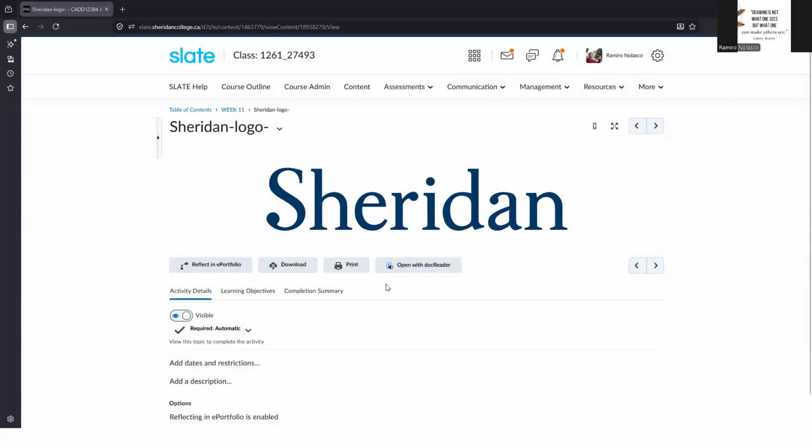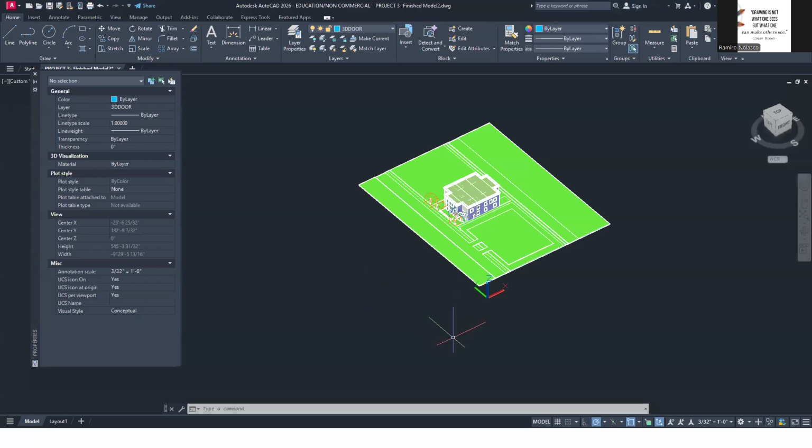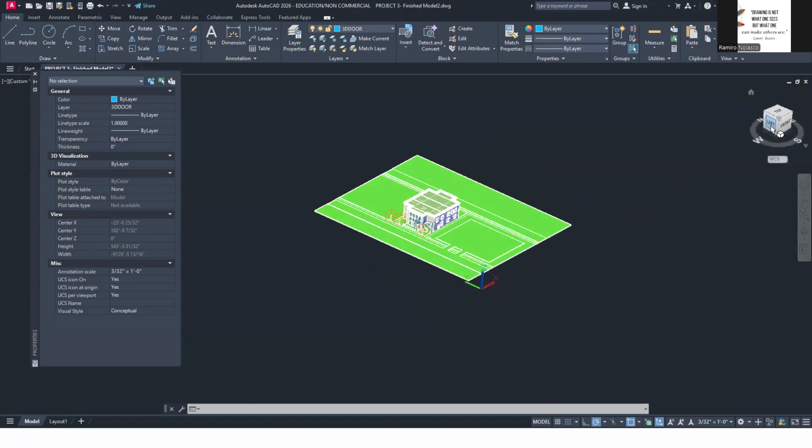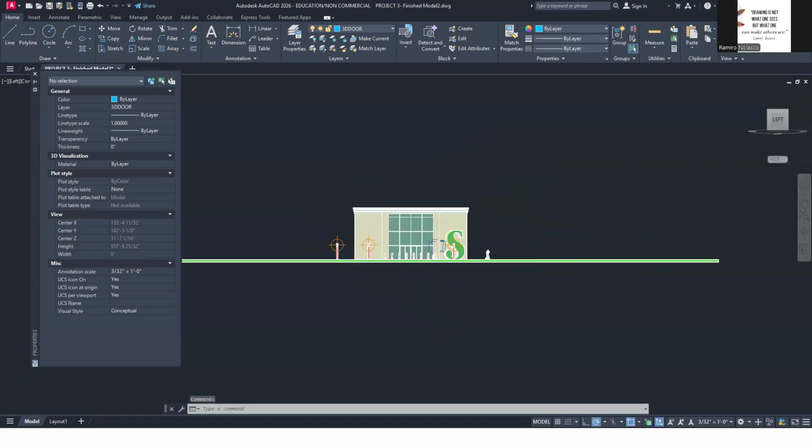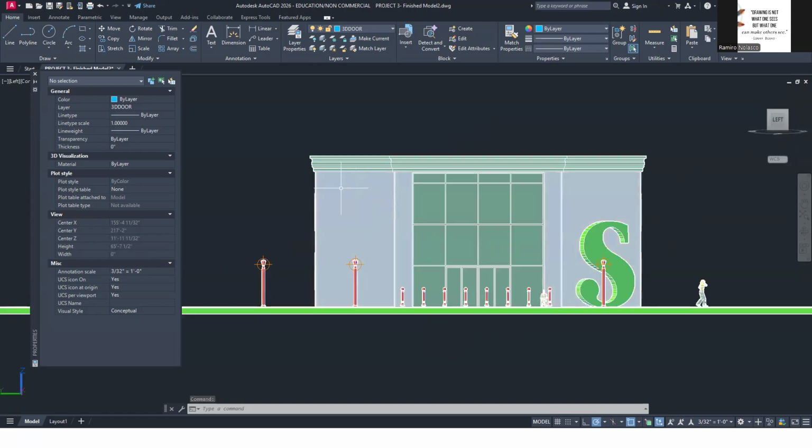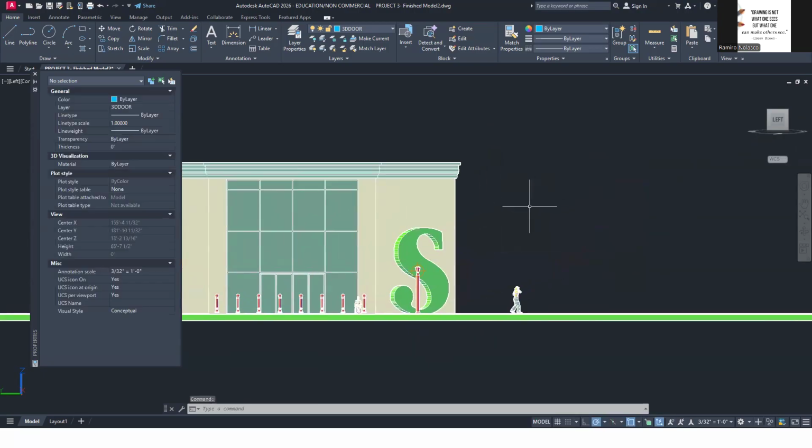So what do we do then? You go here, and let's say here in front, we want to say Sheridan, or maybe here. Okay, so what I'm going to do is, in this view, I'm going to change my UCS to view. That means the XY plane will be aligned to the current view, like so.